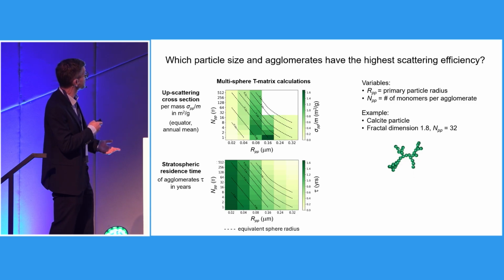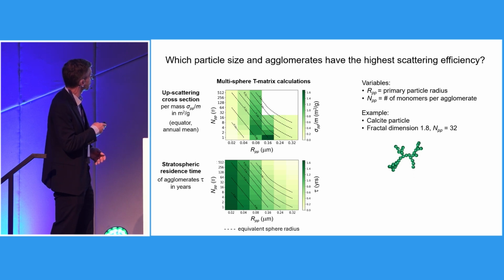We used the multi-sphere T-matrix code and looked at the integrated upscatter cross-section, in annual mean in the tropics